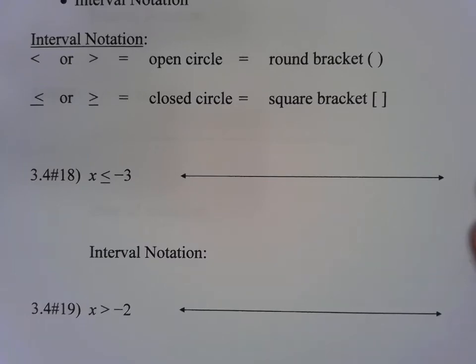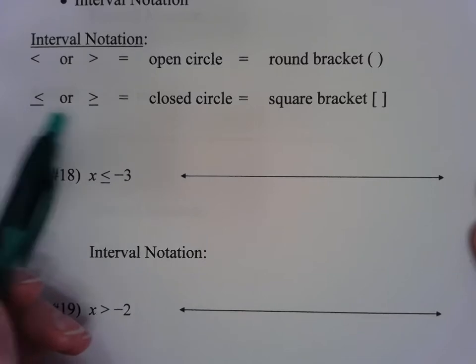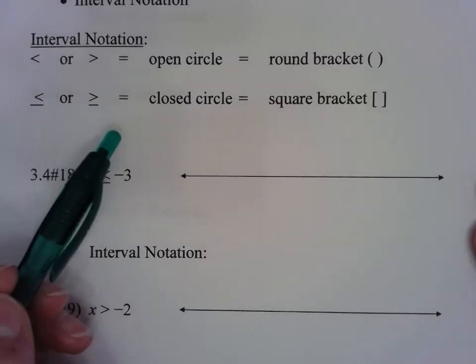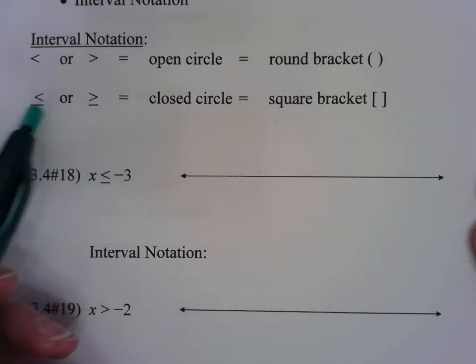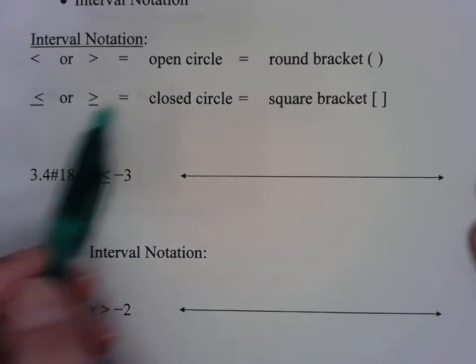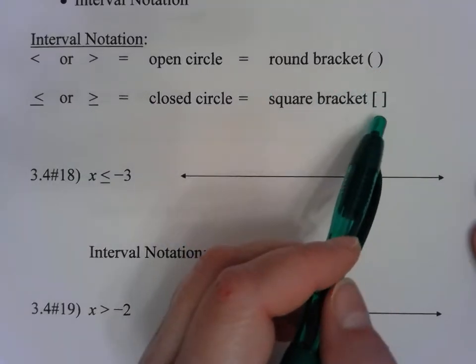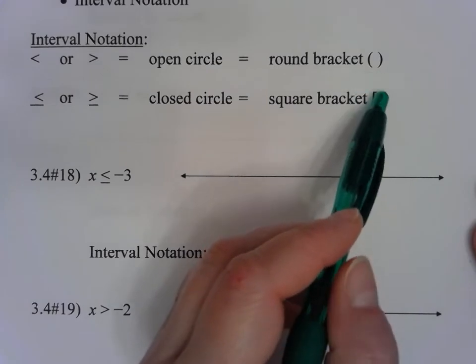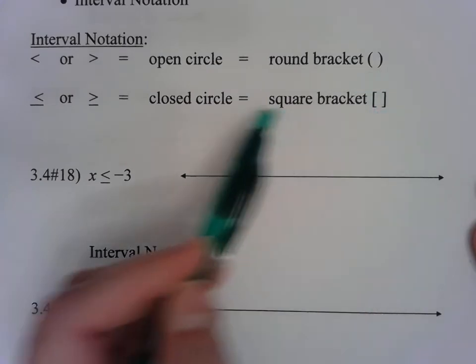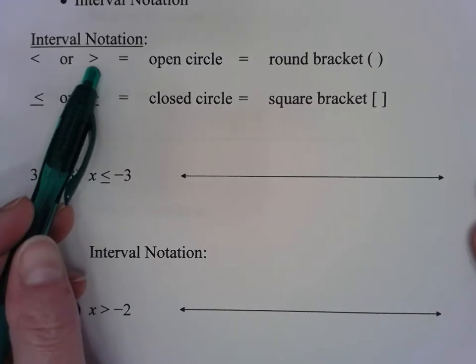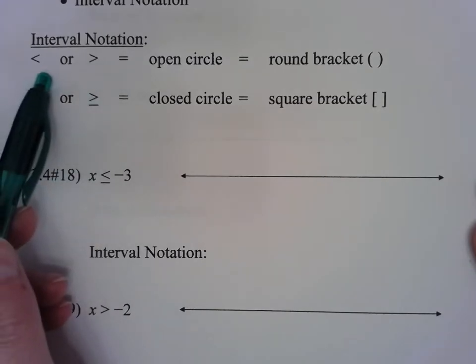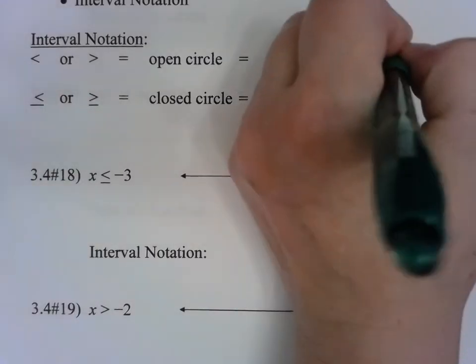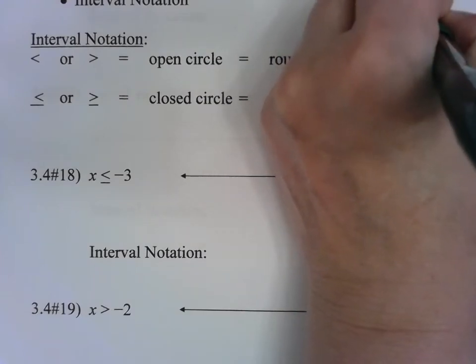When we use interval notation, again, we're going to be describing a set of numbers, and we want to list the endpoints from left to right separated by a comma. And then around those endpoint numbers, we're going to use either the round bracket, well, I usually say round parentheses, or square bracket. I'm going to use the round parentheses if I don't have the equals bar, so if the endpoint is not included,